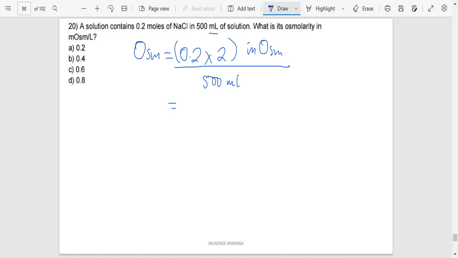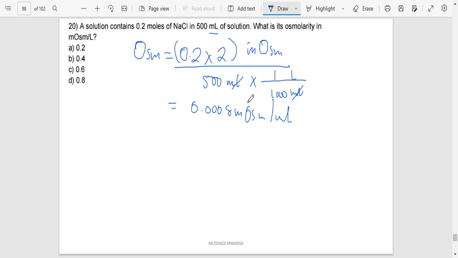0.2 times 2, that is 0.4. And then we divide that by 500. That is going to give us 0.0008 milliosmol per milliliter. But we want it to be in liters. So I was supposed to convert this milliliter to liters. So we have got a milliliter here. I'm going to put a milliliter down and then a liter on top. In 1 liter, I've got 1,000 milliliters. So this will cancel with this. So meaning the answer that we find